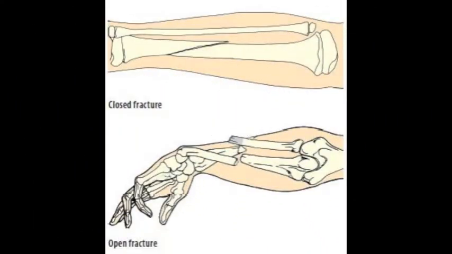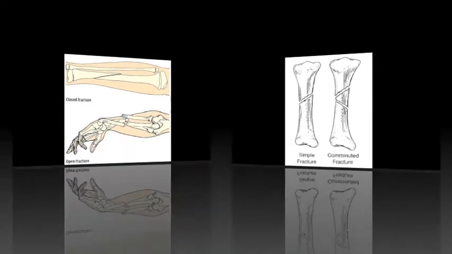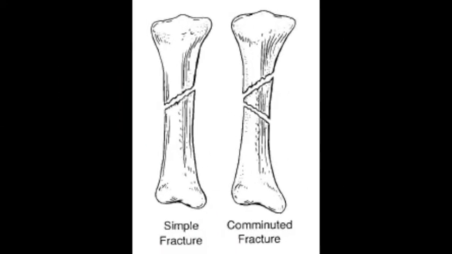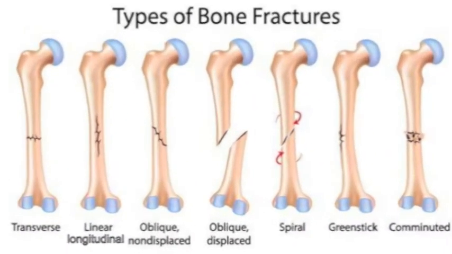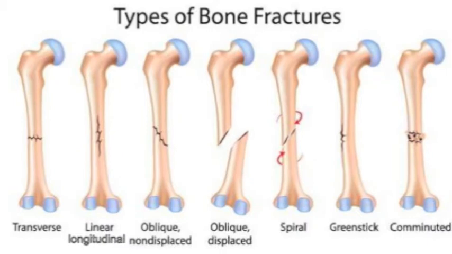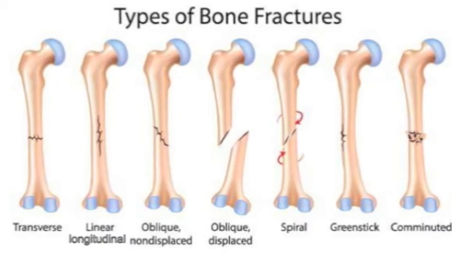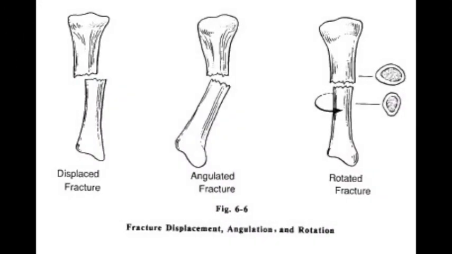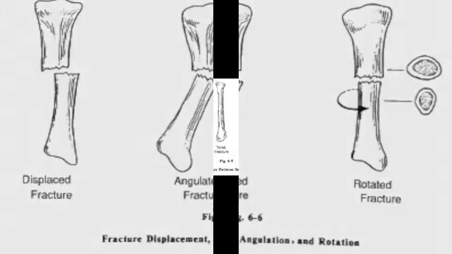There are many different types of fractures that could occur, and many things go into classifying them. First, you have to see if it's an open or closed fracture. Is the bone sticking out of the skin or not? Secondly, you see if it's a simple or comminuted fracture, if it's in two or more pieces. Thirdly, we look at the type of fracture patterns. Common ones include transverse, oblique, spiral, impacted, and longitudinal. Then you would look at the anatomical fracture description to see displacement, angulation, rotation, and separation.